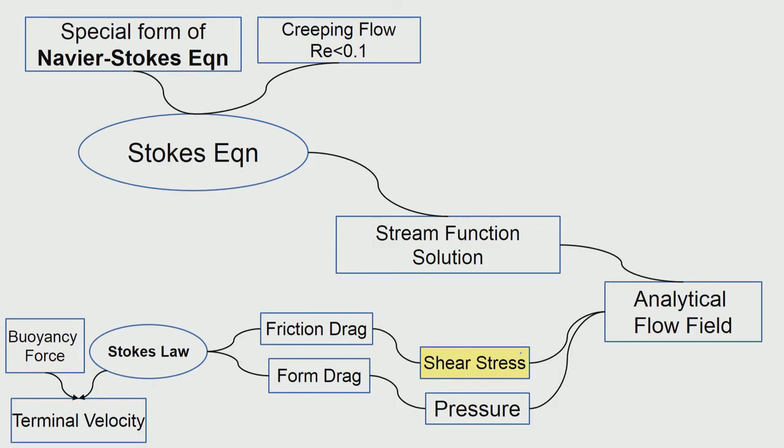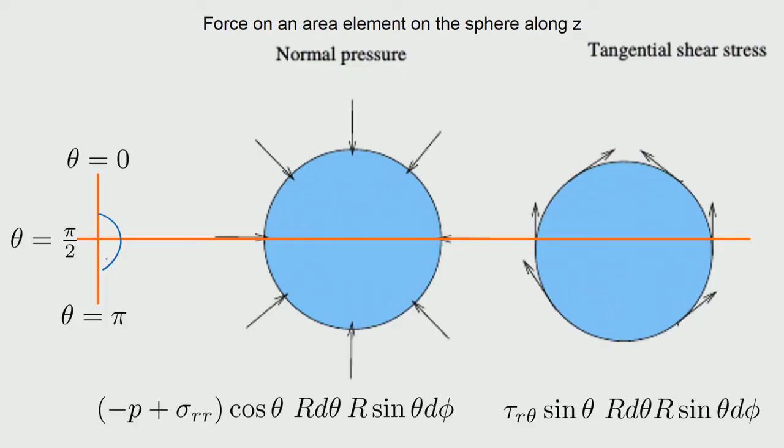Okay, so, once we have that, we have to see how to calculate the drag. Drag is nothing but the integration of stresses that are acting on a solid surface over the entire surface. When you integrate stress with an area element, you get force. So, the sum of all those forces is basically the drag. That is what we are going to look at now. So, we have already seen the theta variation in this manner.